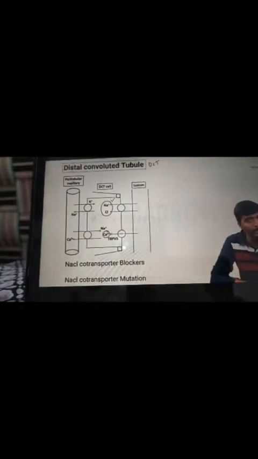DCT is very important for sodium chloride reabsorption and calcium reabsorption. Calcium reabsorption in the DCT is enhanced by parathormone and vitamin D. For sodium chloride reabsorption, we have a sodium chloride co-transporter, which is blocked by the thiazide group of diuretics